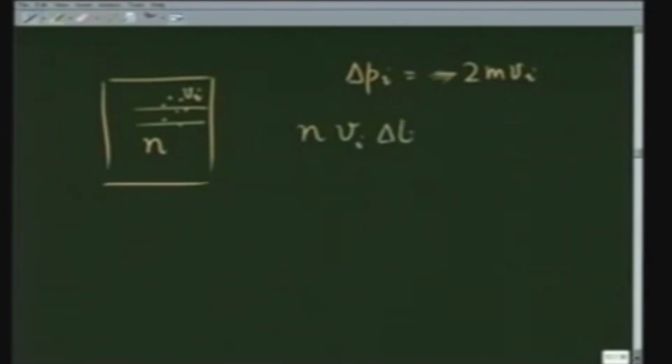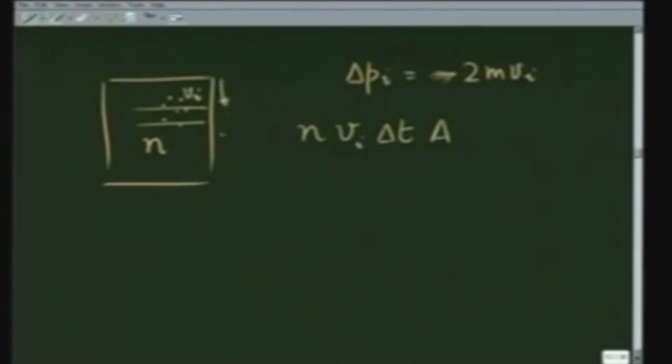So, let us take a box where these small particles or small balls of density n are there, and they are hitting the wall with speed vi. So, net momentum change for each particle is going to be delta pi equal to minus 2 m vi. Since I am not worried about the sign right now, only the magnitude, I will just remove this. How many particles are hitting? Number of particles hitting in time delta t is going to be n times vi delta t times the